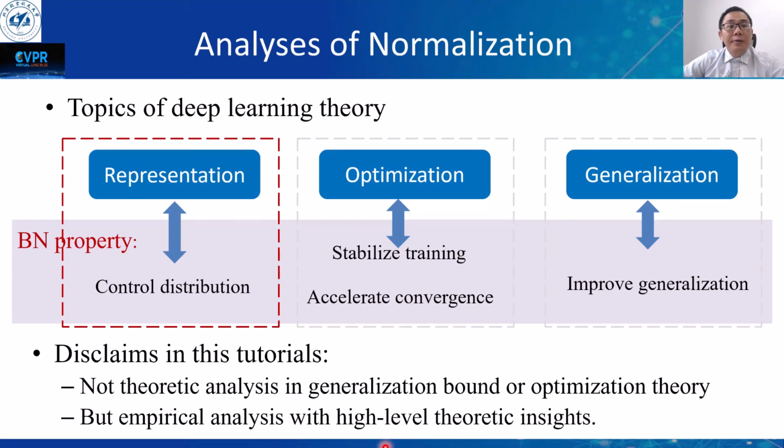In this part, we will show that different normalizations indeed have effects on the representation of the neural network, and the effects can also relate to their hyperparameters, for example, the group number of group normalization and the batch size of batch normalization.